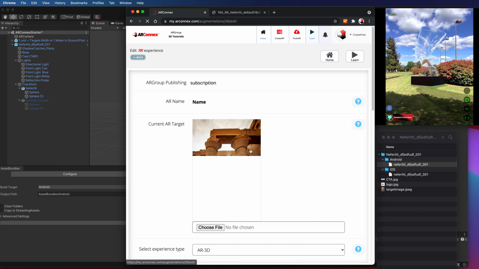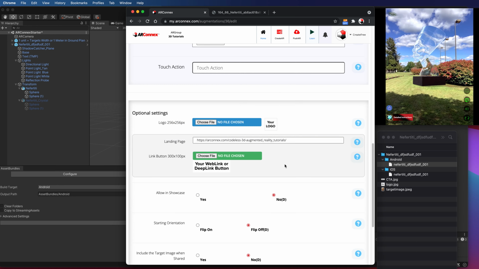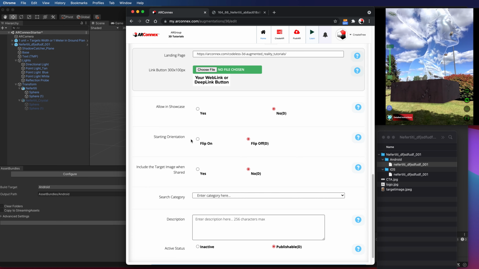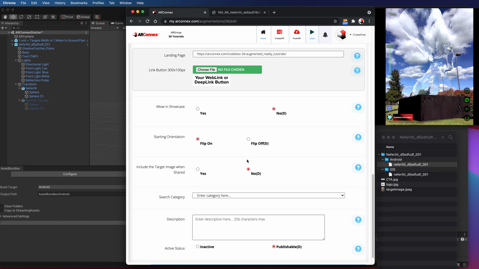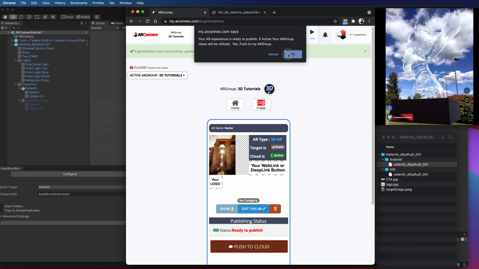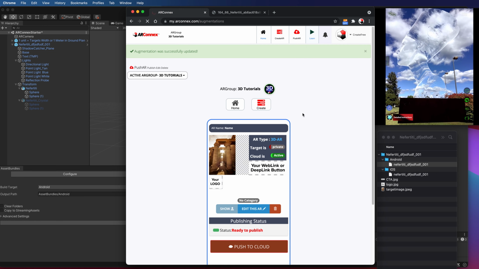You can edit these experiences at any time, and right now I'm going to edit this to flip the starting orientation, since I know we'll be looking at it in a wall-mounted kind of way here in a second. And we'll just push that update to the cloud, and that should be instantly ready, and it is. So here we're going to start